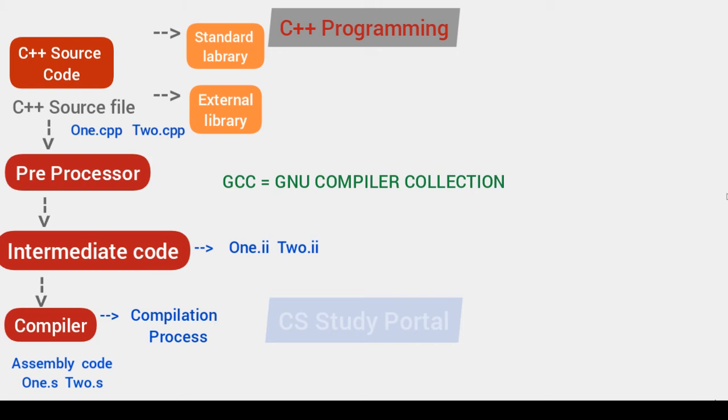Now here 1.s is the assembly file containing the assembly code for 1.cpp, and 2.s will contain the assembly code for